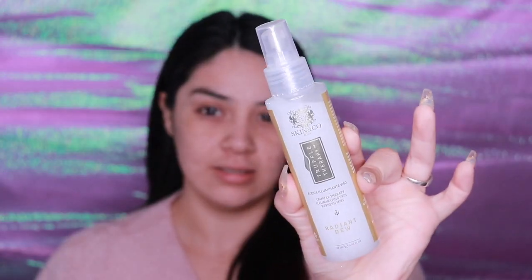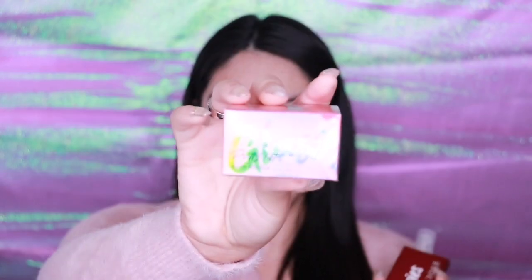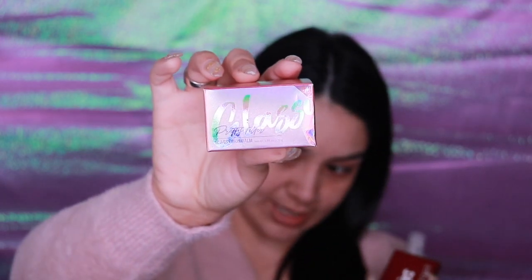I also got this Skin and Company Roma Truffle Therapy Illuminating Skin Refresher in there. I got the Blushing Berries by Dose of Colors. This I already used yesterday, but I wanted to use it today on camera with you guys, as well as the Pretty Filtered Glassy Skin Balm, and that's how that looks. I will show you how they look outside of the box, but this is from Touch in Soul. That is the brand. And then I also received this blue eyeliner,